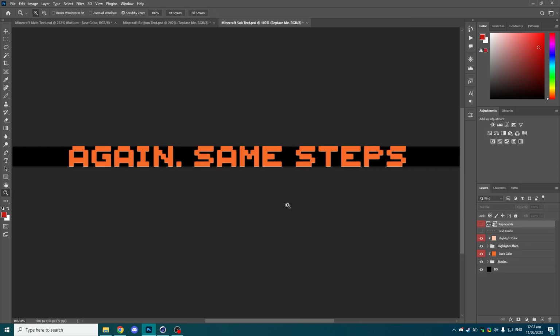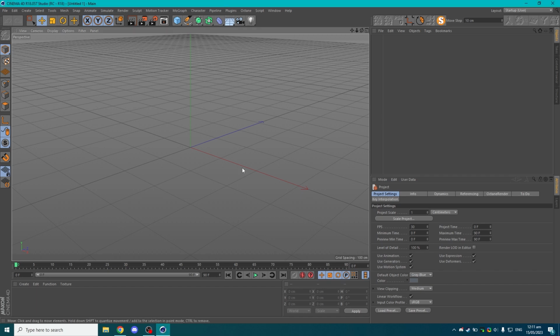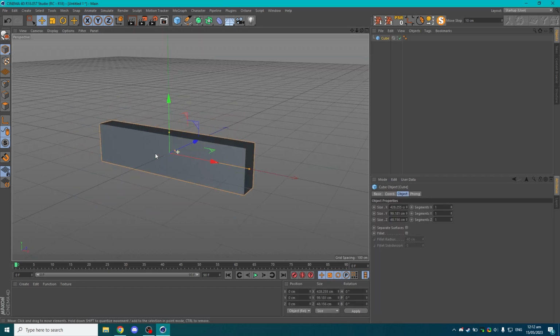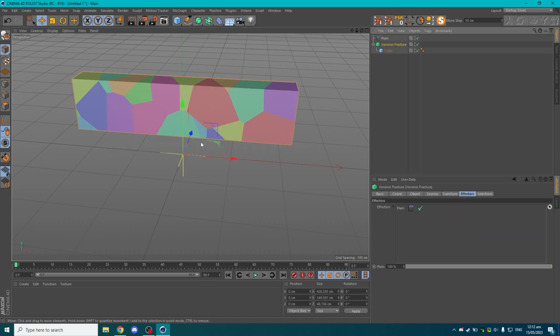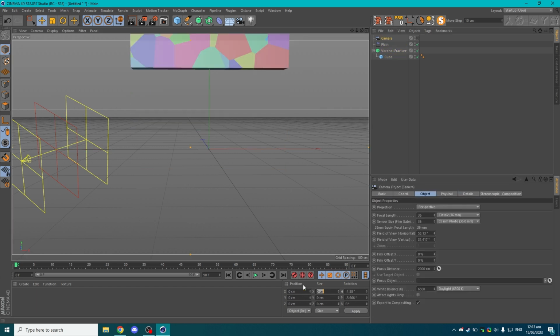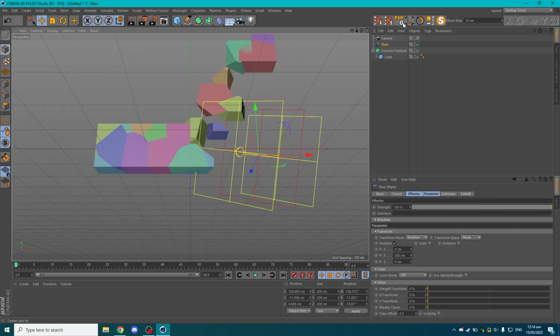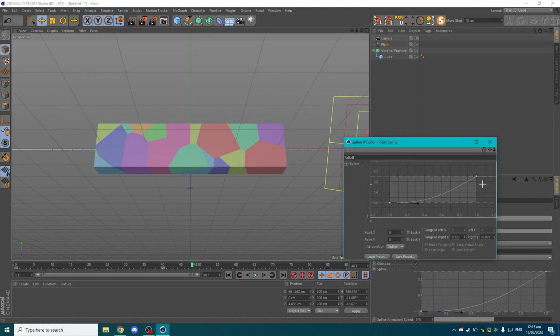That's it. Okay, after you saved everything, the next step is importing them to Cinema 4D. Before that, I'll just explain how I did it shortly. So I added a cube as a placeholder, added Voronoi fracture, I added a plane effector so it moves up, I've set the fall off to linear and moved it left to right, matched the camera angle to the Minecraft logo, adjusted the easing for the plane effector, on how it moves down,